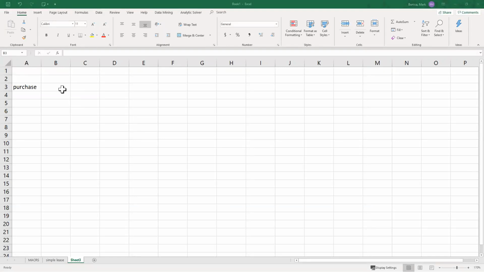Okay, so for the purchase option, we're going to buy equipment. It's going to cost $200,000. So minus 200, right? And that's going to be at time zero. Then we're going to go 1, 2, 3, 4. Also at time zero,